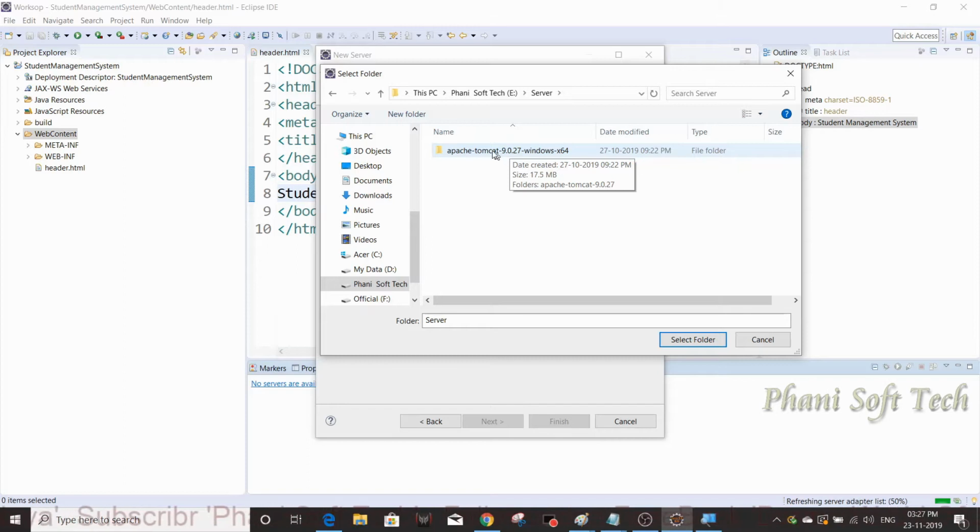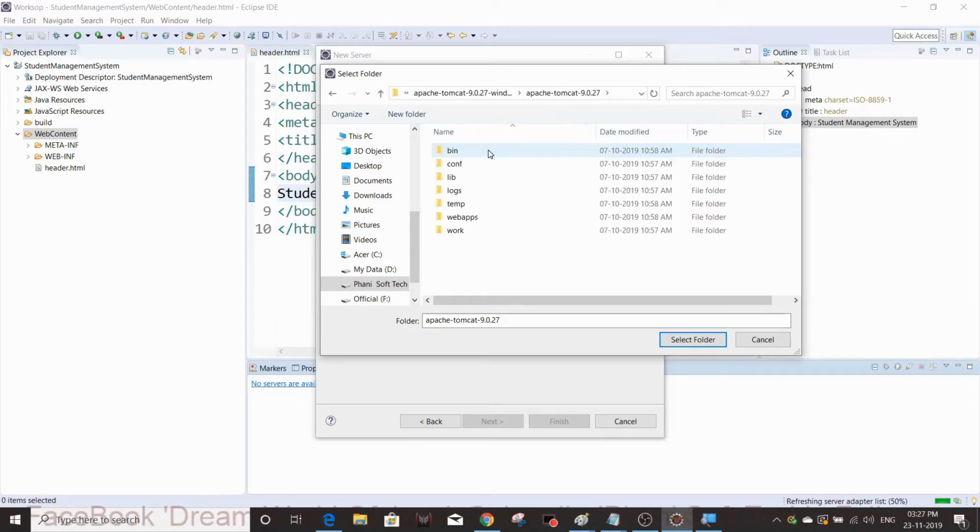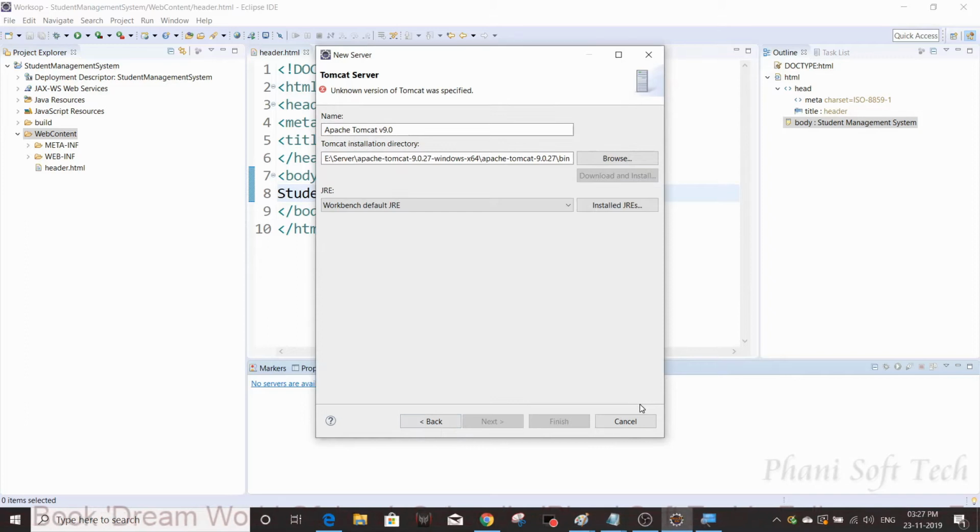Go ahead and see how to install IDEs, how to install Apache Tomcat server, and how to add it in Eclipse. Everything was created in previous sessions. You just go ahead and check it. So click the root folder and click OK.